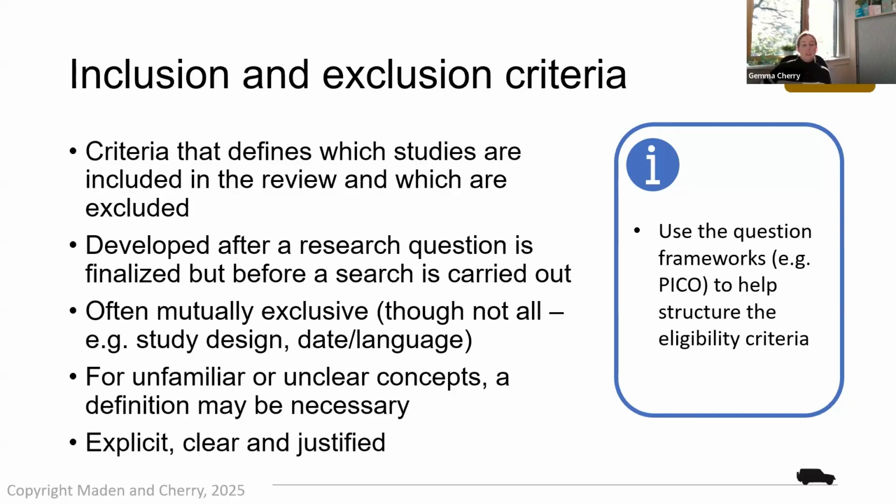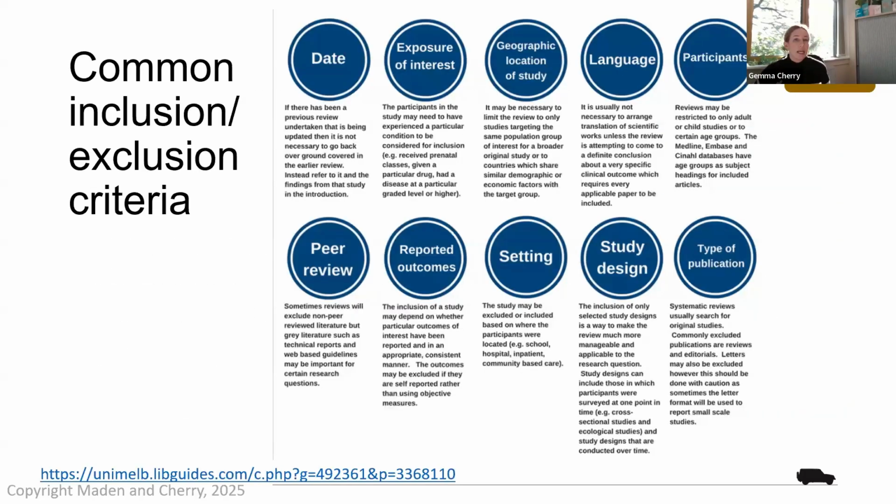So you want to really think about the reasoning behind some of these decisions. Common inclusion and exclusion criteria are outlined on this slide. They essentially set the boundaries for your systematic review. So again, thinking about topic area, you want to make sure that you're not making arbitrary decisions. If you're saying, okay, I'm really interested in burnout in healthcare professionals, you may wish to limit to studies that were published post-pandemic, because you could hypothesize burnout may have altered, or the landscape of the healthcare systems may have changed post-pandemic. But you would need a good rationale for limiting your searches to only the last 5 years,